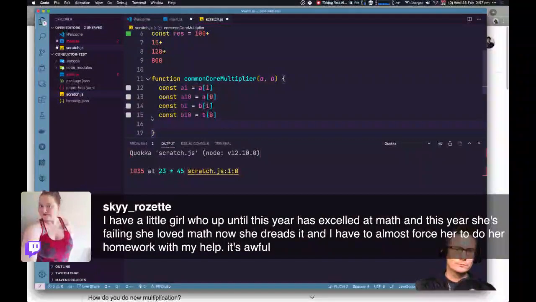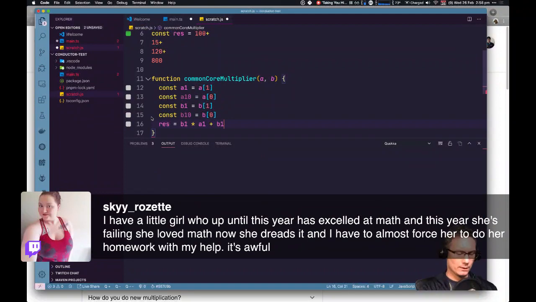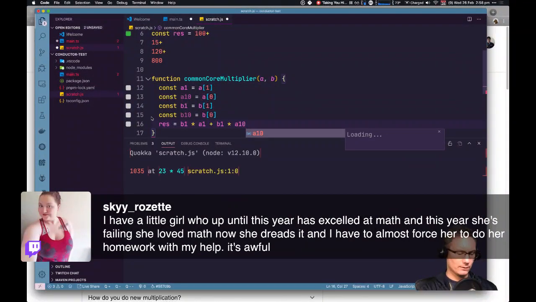And then you do result equals b1 times a1 plus b1 times a10 multiplied by 10.